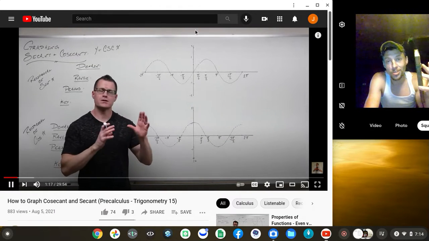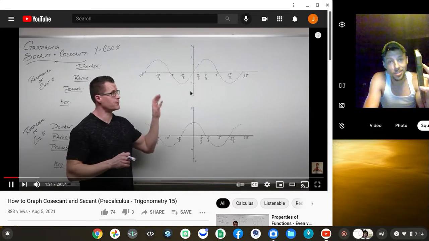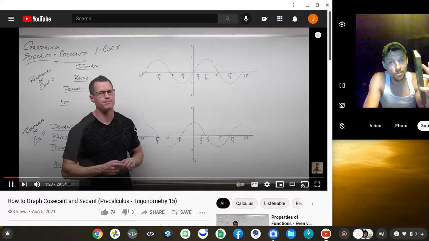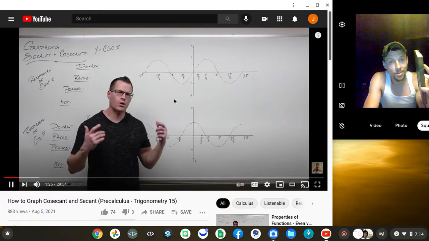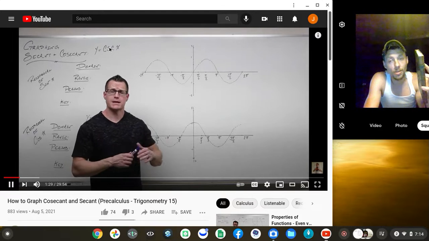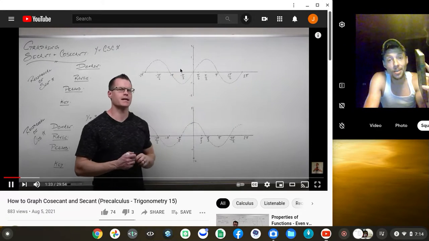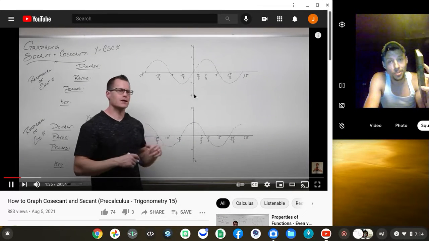Because cosecant is the reciprocal, let's take a look at some of the reciprocals of the values that are under sine of x. Firstly, let's look at all the local maxima and minima. What we remember is that sine has peaks at +1 and valleys at -1. That still applies if we take a look at the